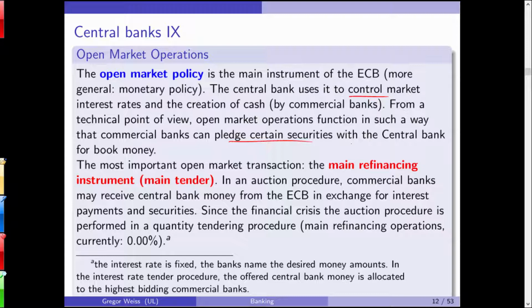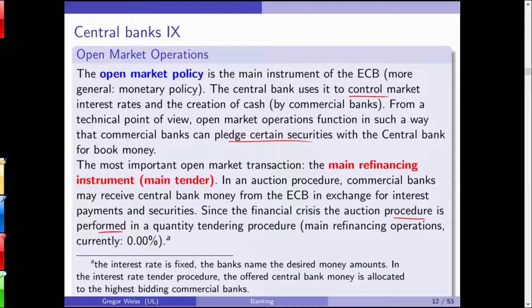And it consists of an auction in which commercial banks can receive central bank money in exchange for interest payments and securities. And since the financial crisis, the auction procedure is now performed in a quantity tendering procedure, which means there are two different types of auction. In the first type,